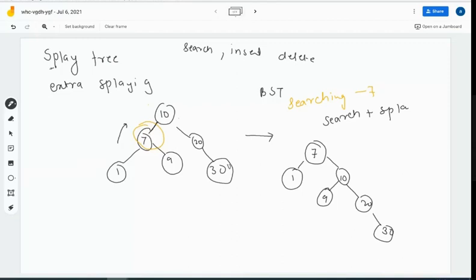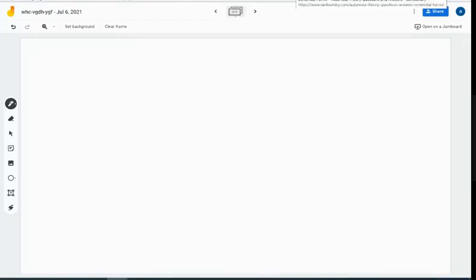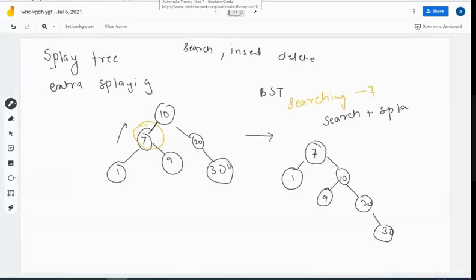Now there are different scenarios by which an element can be searched. As you can see, even in binary search tree, there were different scenarios in which a particular element to be searched was there. The first scenario in this case can be a root itself. That means over here, if I see, I have to search 10.